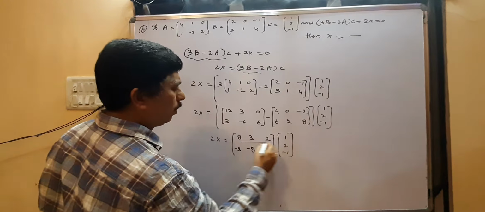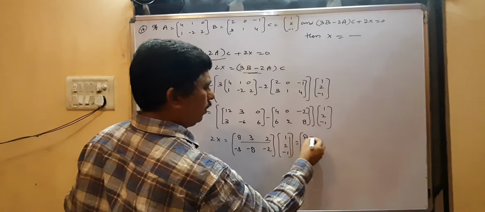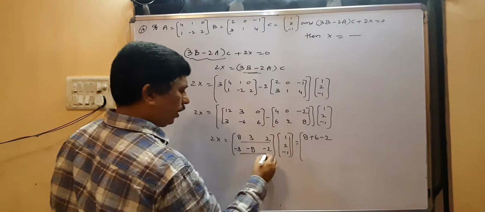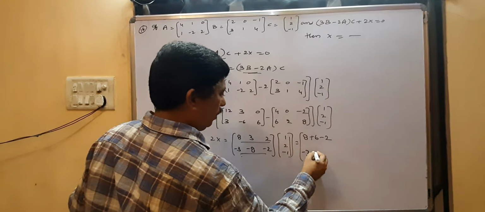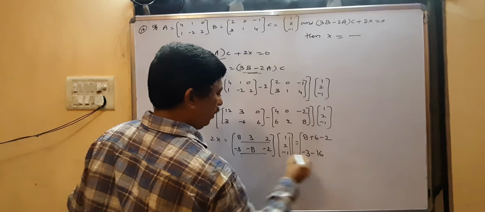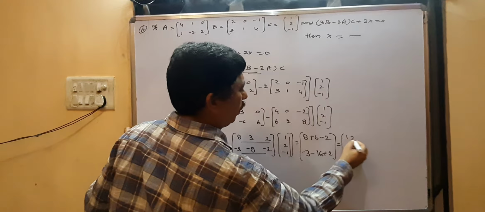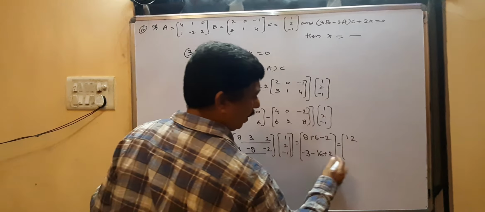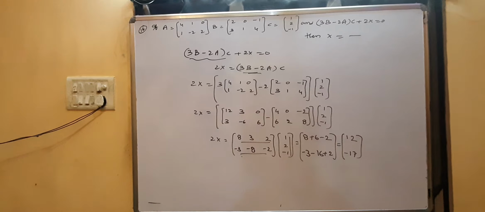Row into column you have to multiply. That is 8 into 1 is 8, 3 into 2 is 6, minus 2. Second row into first column: minus 3 into 1 is minus 3, minus 8 into 2 is minus 16, minus 2 into plus 2. Finally we will get 14 minus 2 is 12, and this is minus 19 plus 2 is minus 17. So obviously X equals 1 by 2 into